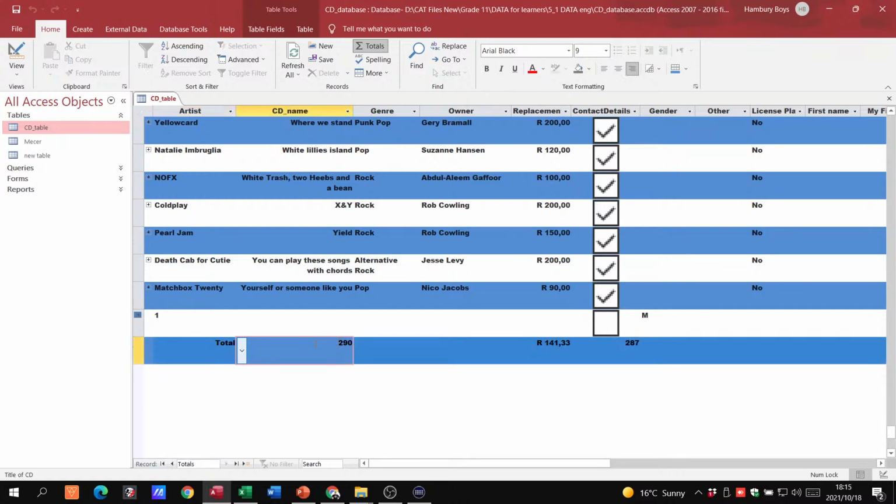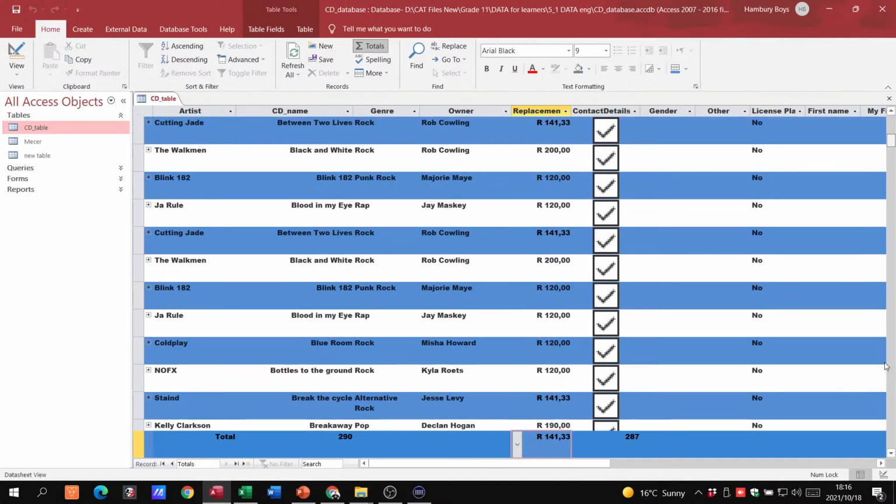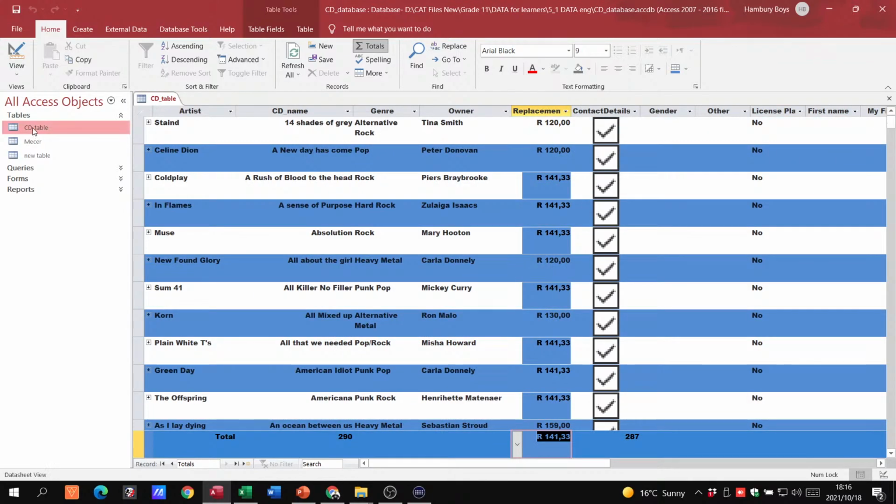So here you can see for CD name, when I click in it, it gives me a formula. I can obviously only use count because we're dealing now with text over here. If I go to my column that has currency in it, I can click in there and I've got a number of options that I can use in terms of formulas. And I'm literally just going to choose whichever one I want. Okay, so those are just a few of the things when it comes to your data sheet view. Just move up there. Right. Now,